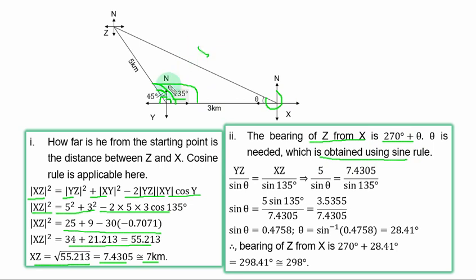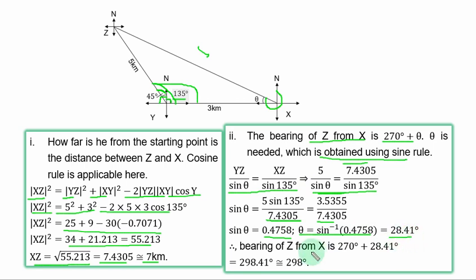Already we know this side, it is complete, the angle and the side. So you write the sine rule in terms of the complete side in this form. YZ over sine theta equal to SZ over sine 135 degrees. You have it in this form. What we use here is the original value, not the approximated one. To make theta stand alone, you need to cross multiply and divide both sides by this. If you evaluate the numerator, you have this result. Divide it by the denominator, you have this result. To get theta, take the inverse of sine of both sides, and you have